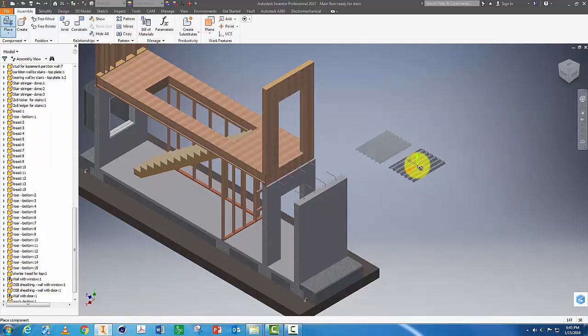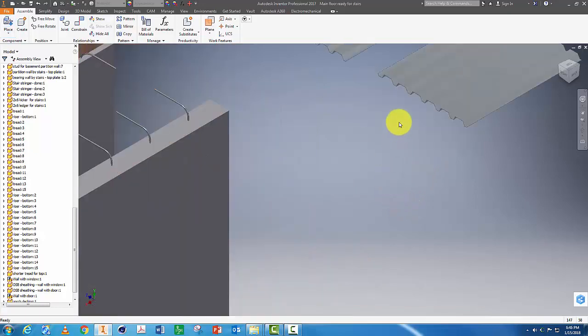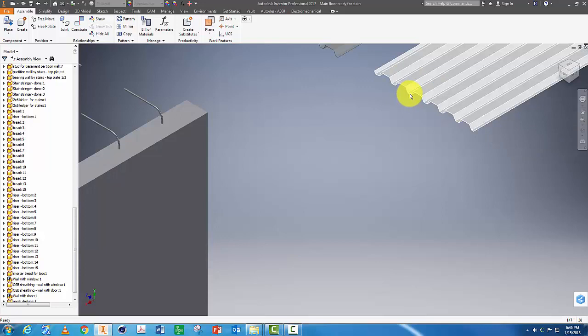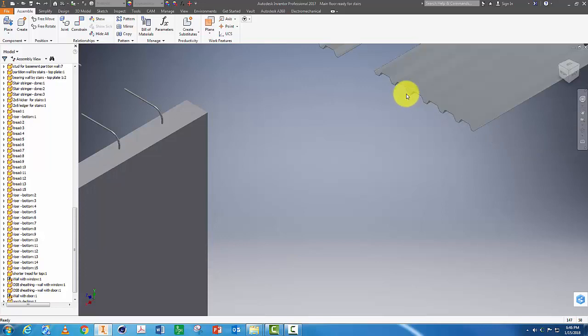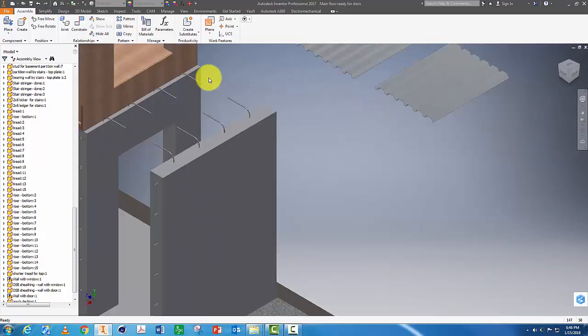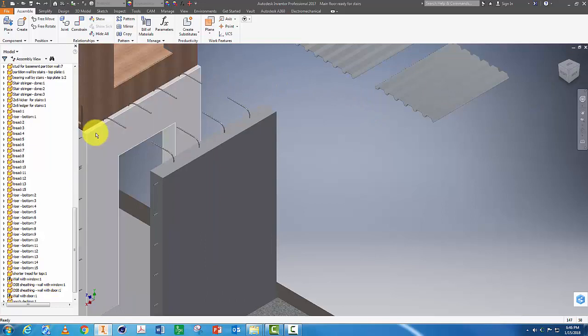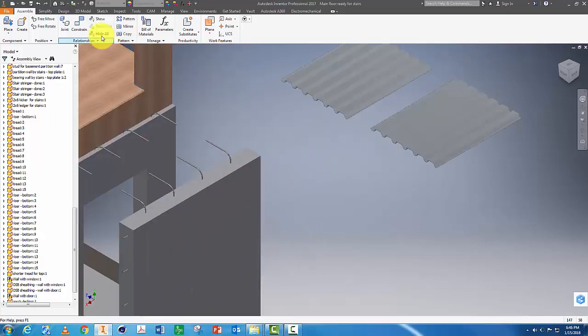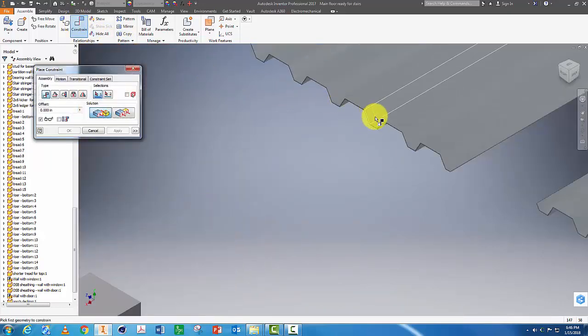Decking is a rigid sheet metal product that can support a lot of weight. Sometimes it's used in ceilings, in manufacturing facilities, for example. In this case, we can use it to support our concrete as it's being poured, and then it just becomes part of the house. Let's start by constraining